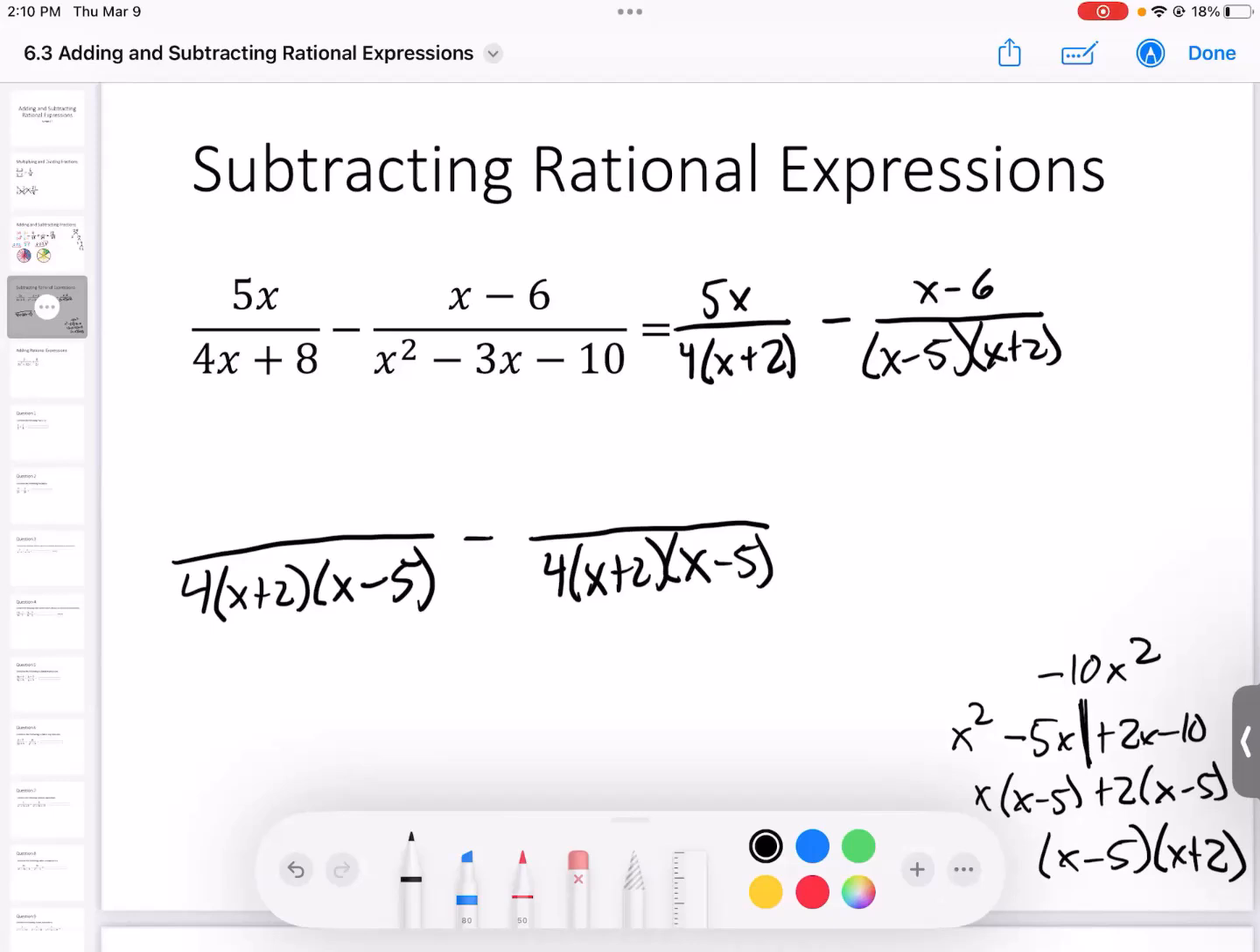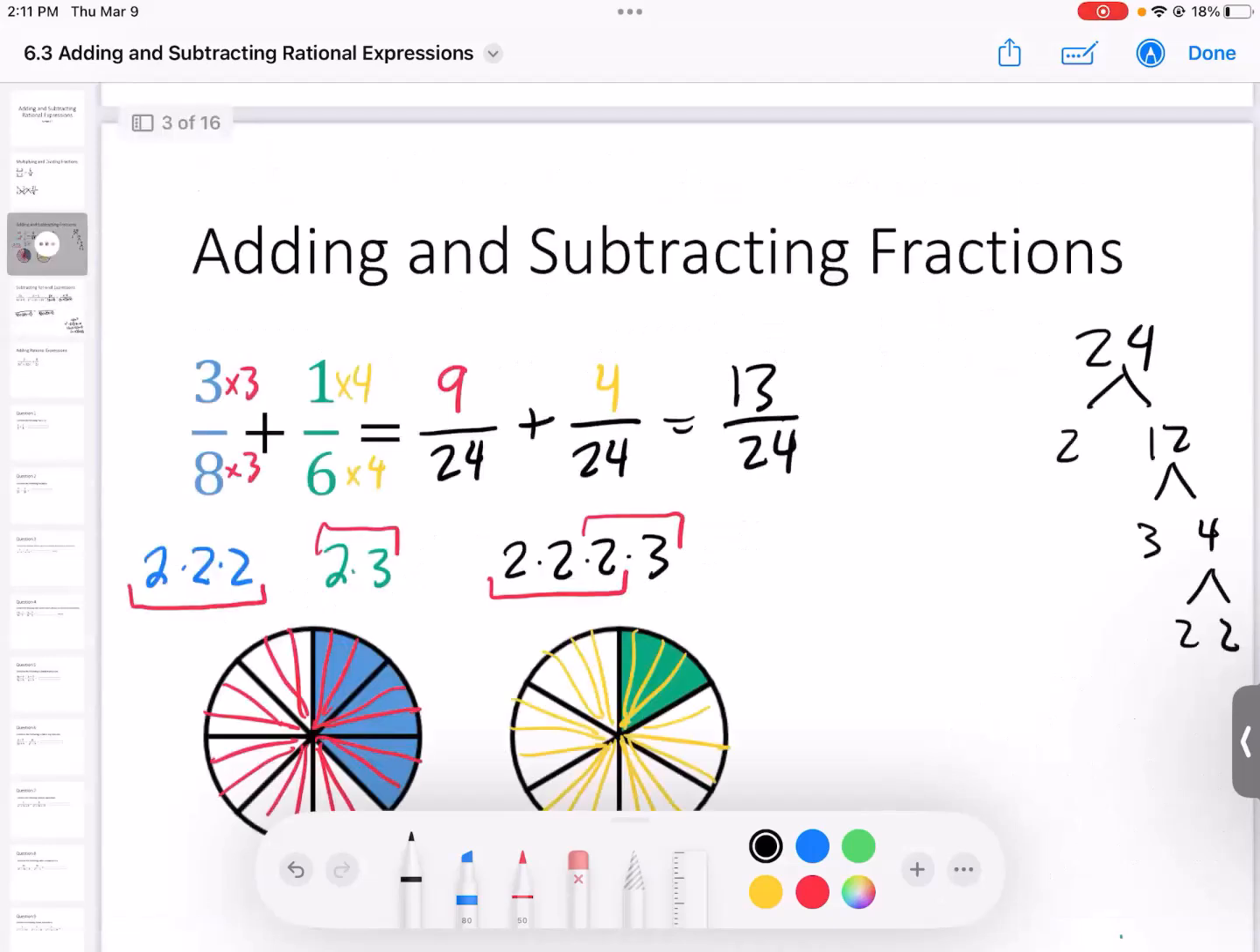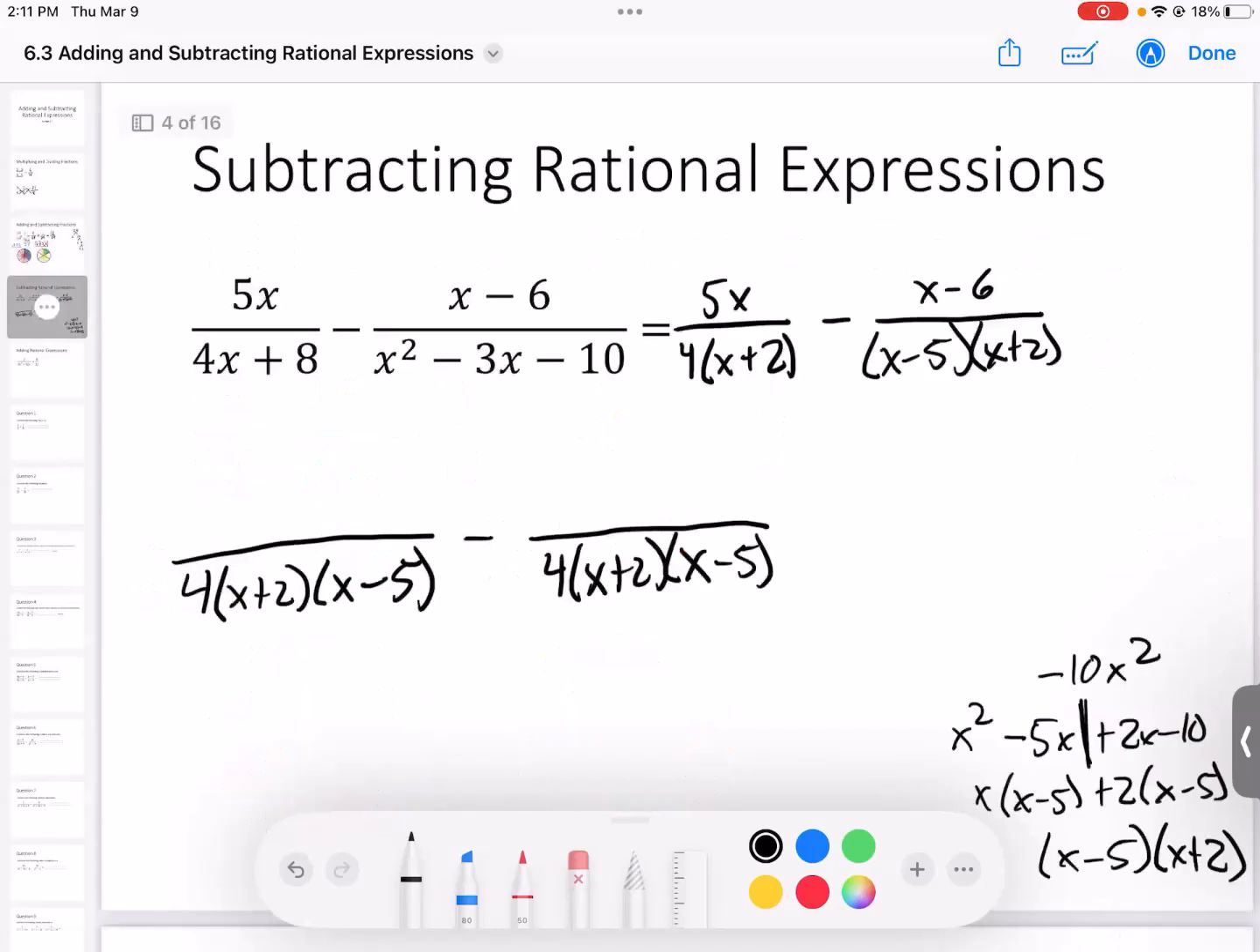Okay, now that I know what the common denominator is, I need to know how to get from this fraction to this one, where I have that common denominator. So if we go back to our fraction example, notice that for this fraction, the thing that I needed to multiply 8 by to get to 24 was a 3. Well, the 3 is the only part of our common denominator factorization that's missing. Same thing with this one, we multiplied by 4 because the stuff that's missing from the denominator of 6 is the 2 times 2. So we're going to come back over here and we're going to say, okay, well, in